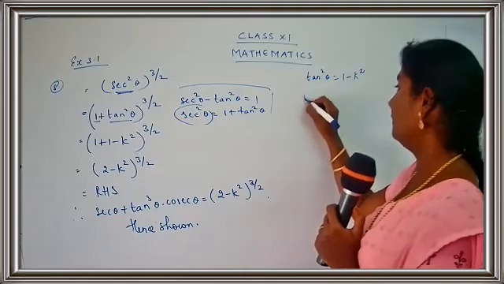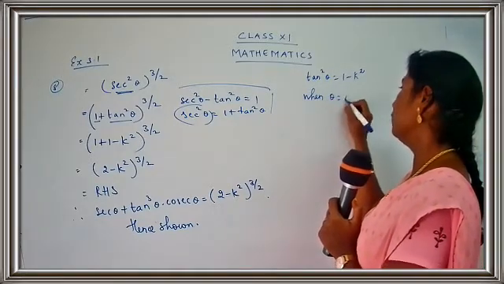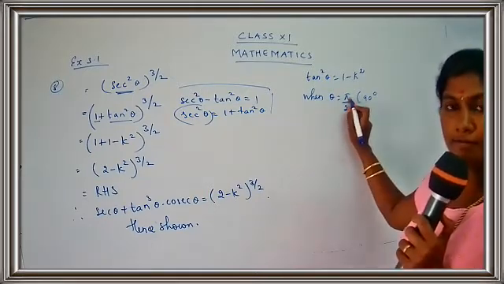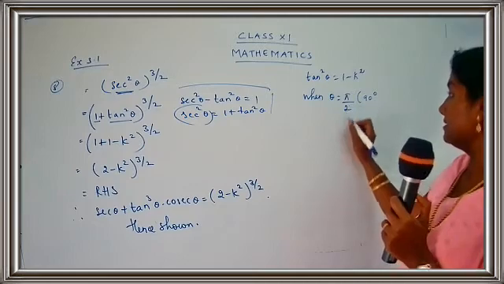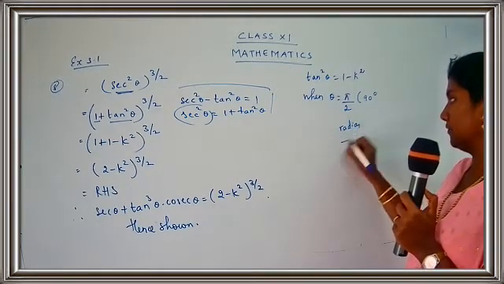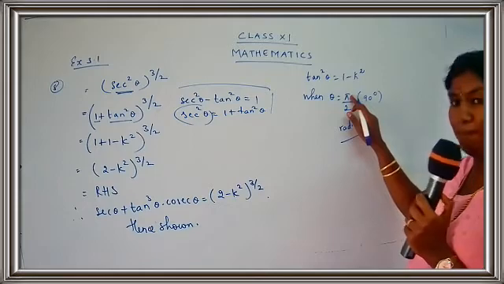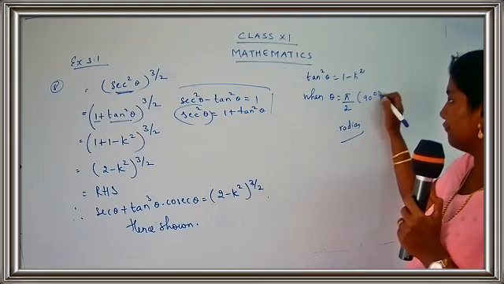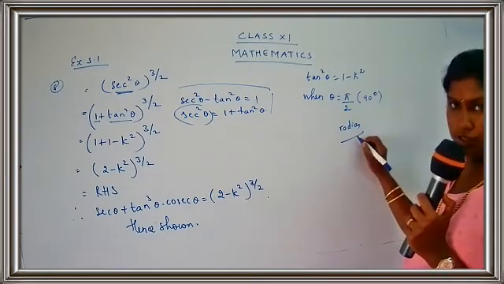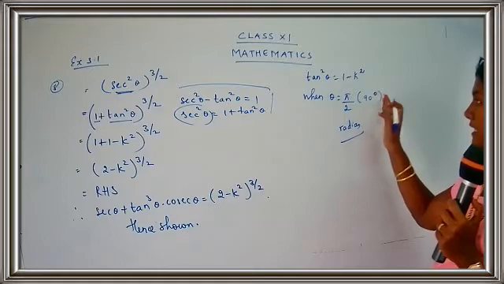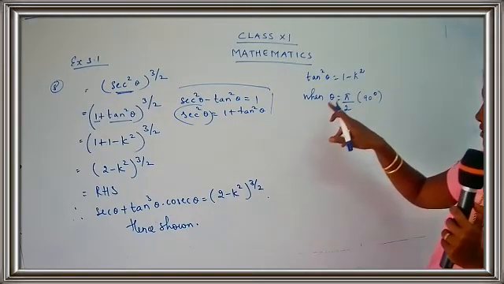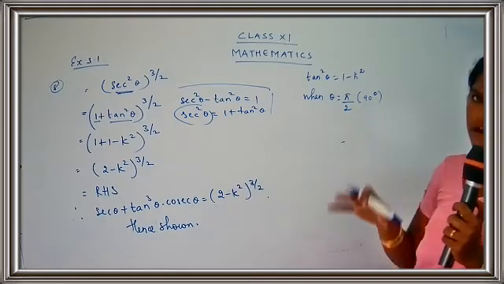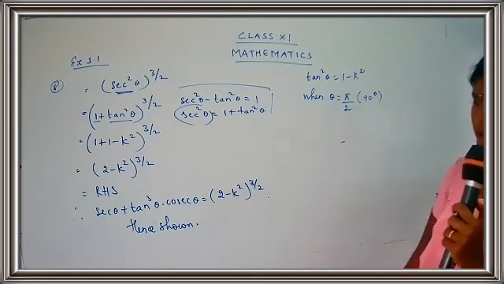So put here when theta is equal to pi by 2, that is 90 degrees. I've told you, when you write down an angle in terms of pi, you call it radian measure. And when you write down in terms of degree, this is called a degree measure. This is what we were doing till now. But now you are going to learn how to write down in a radian measure. So when theta is equal to pi by 2, it is 90 degree. I have just mentioned 90 degree for your understanding. Okay, children? No problem. You can just put 90 degree. It's one and the same.